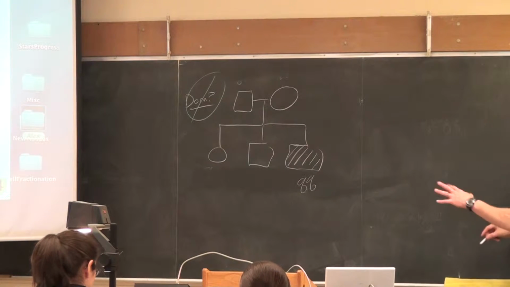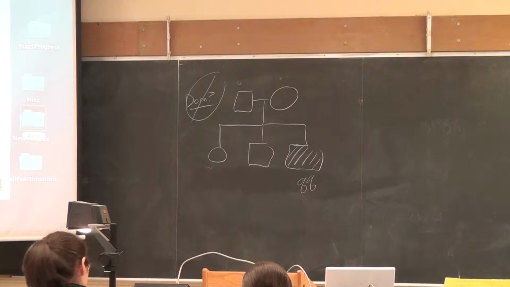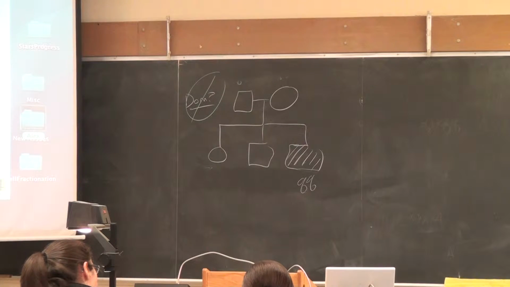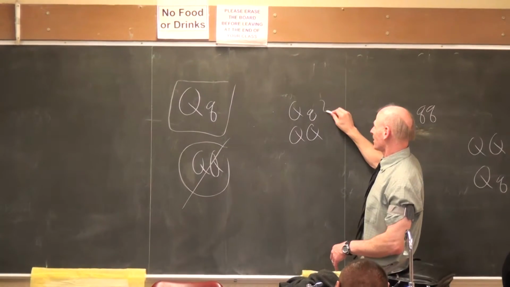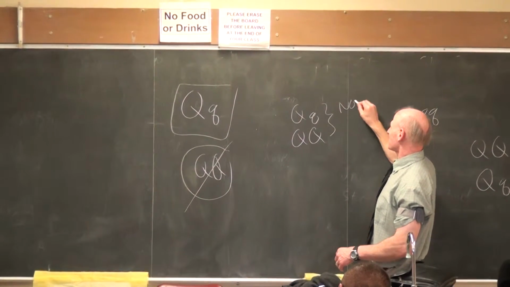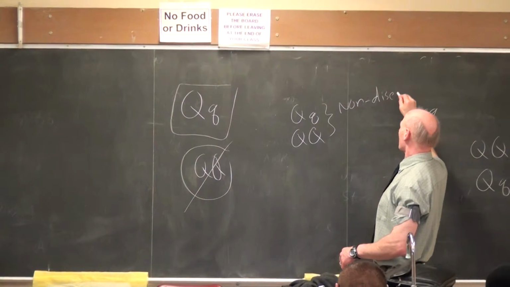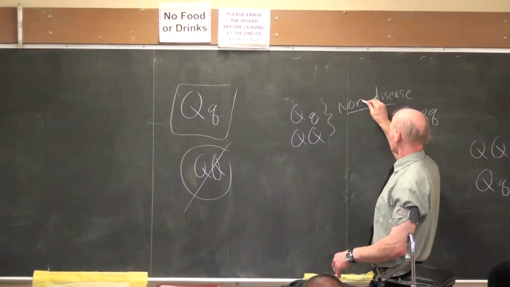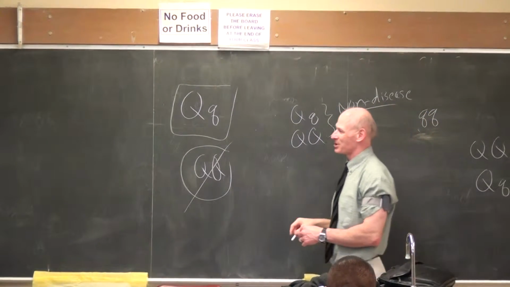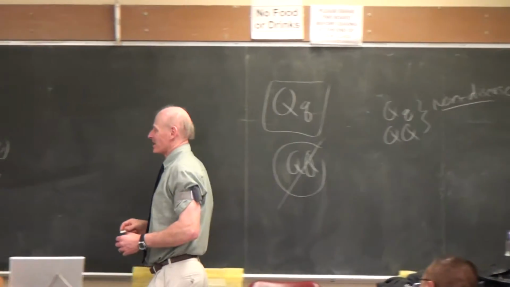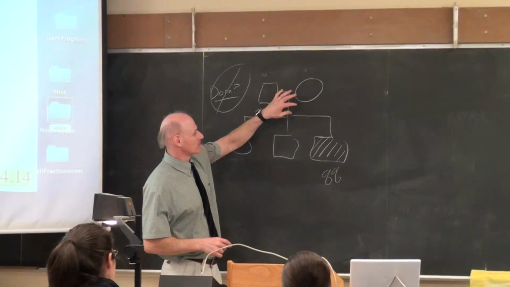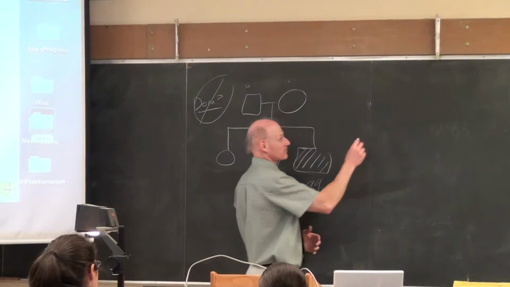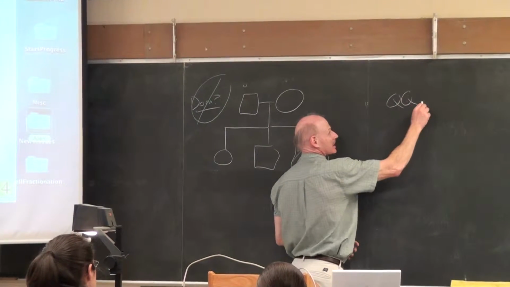Remember, if somebody shows the dominant trait, the non-disease state, you don't necessarily know right away, because both of these will give you non-disease, as long as you have at least one functional copy of the gene. And so at first, we might think, well, we don't know their genotypes. They could be big Q, big Q, or big Q, little q. If, let's say, these are the parents,